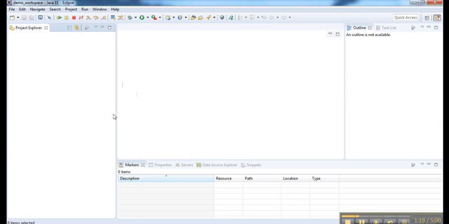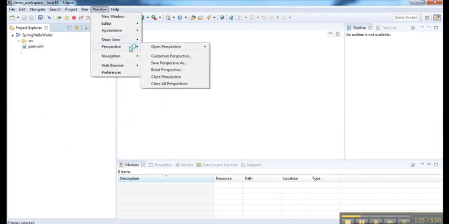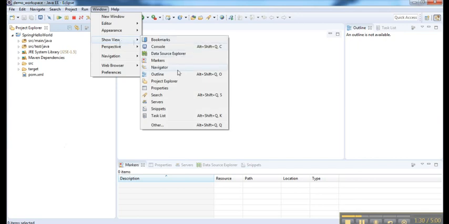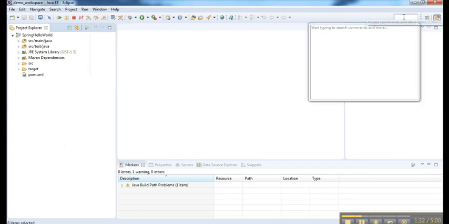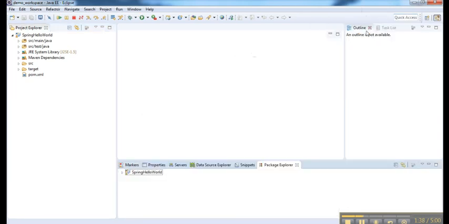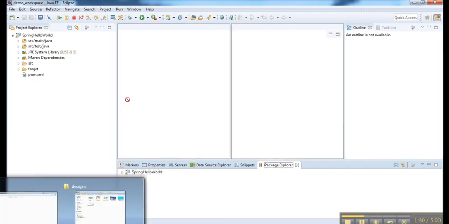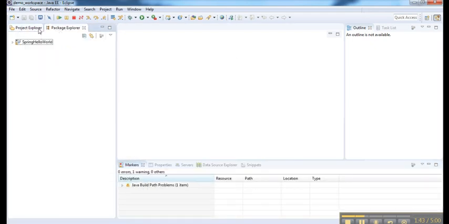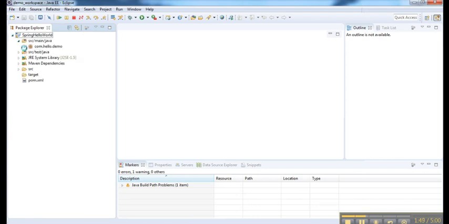So you will see this project will be imported into your Eclipse IDE. The pom.xml and src folder are there. For a better view, you can select package explorer instead of project explorer to see the Java packages in a well managed manner. As you can see, this package explorer is opened, and you can see the Java package and test package also.